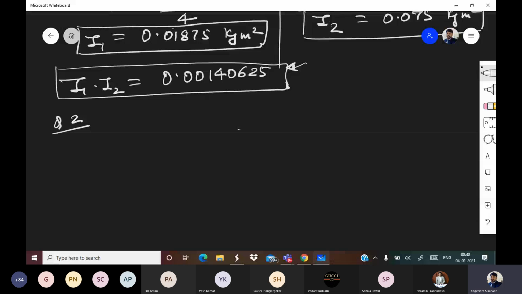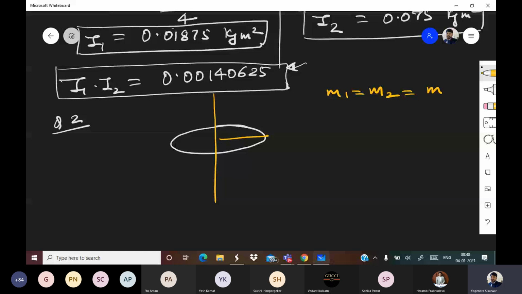Now pay attention. This is a disc. It will have a certain thickness also, but we are not talking about that much here. So two circular discs have equal masses, M1 equals M2 equals M. All right, so what we can see is M is equal to